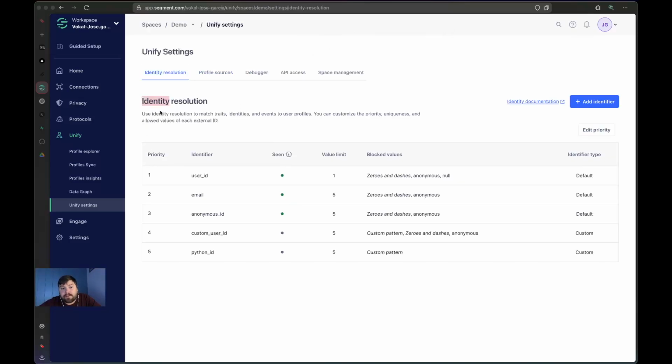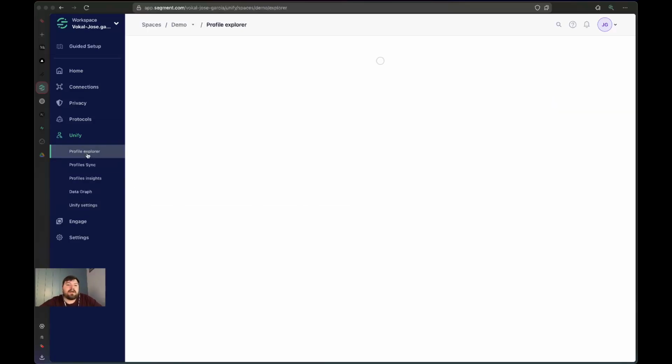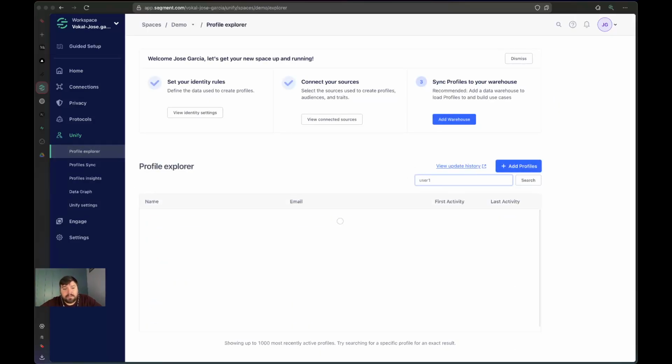And another thing, you can have your identity resolution, where you can prioritize and add values to specific traits. For example, user ID, there's only one database user ID, unique forever. Users may change their emails or usernames, whatever. So you can give it something like 5. This can be daily, yearly, or 5 forever. Yeah. So now if we come here,